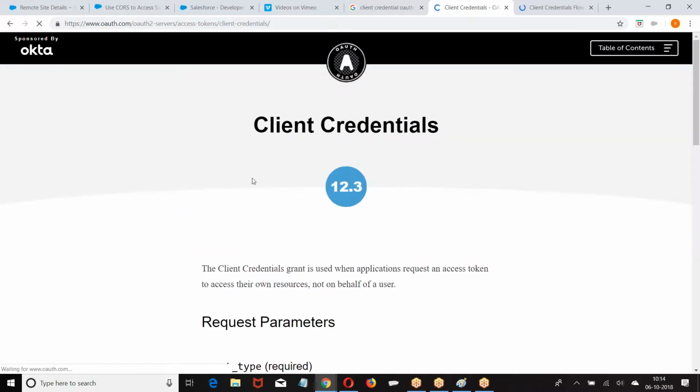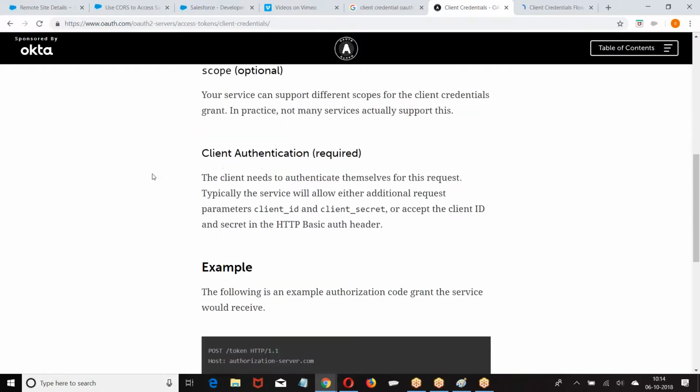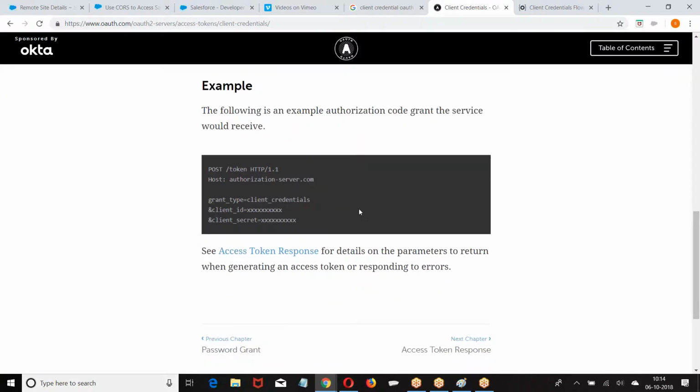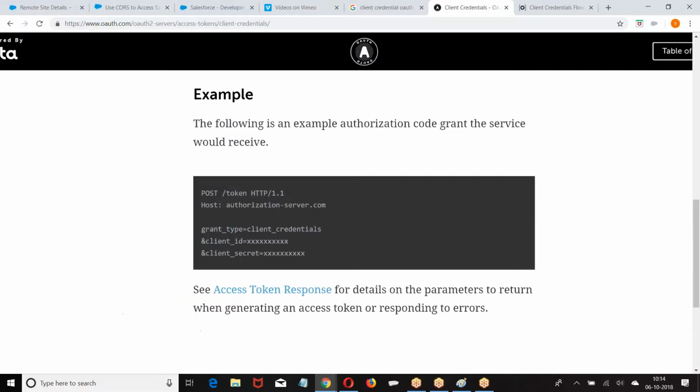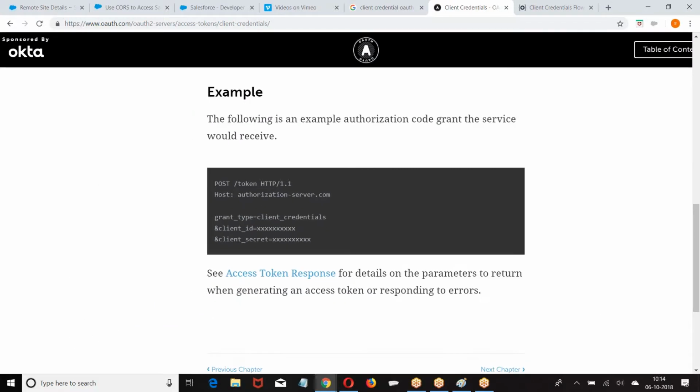So look at this client credential. If you go with client credential, what do we require? Grant type equal to client credential, client ID, client secret. Now Okta